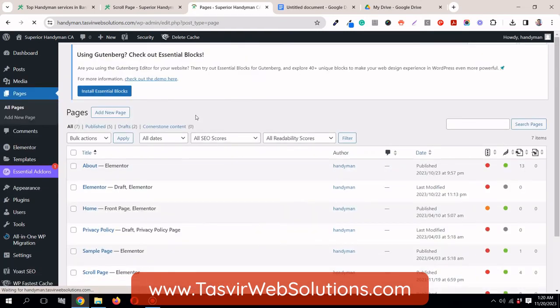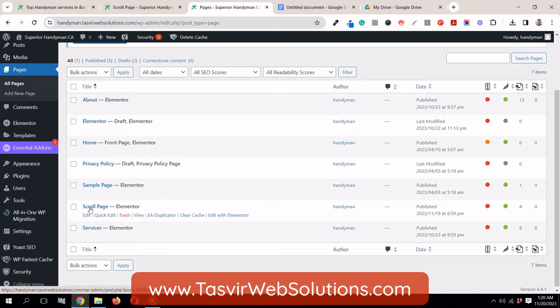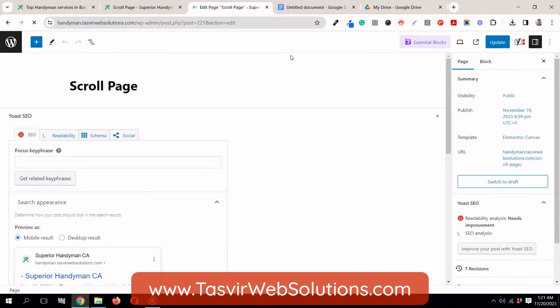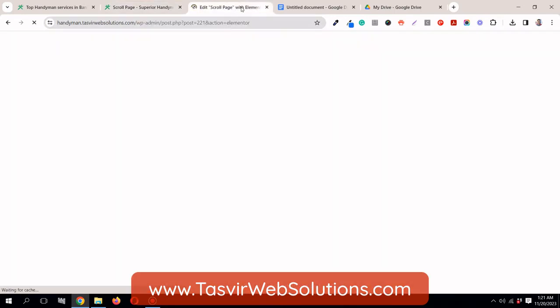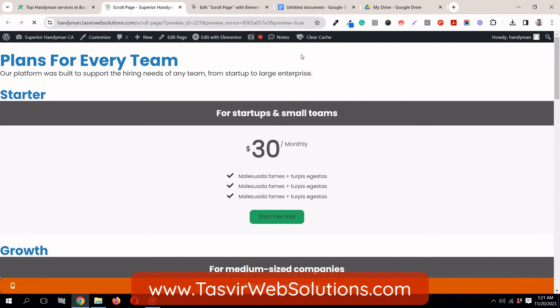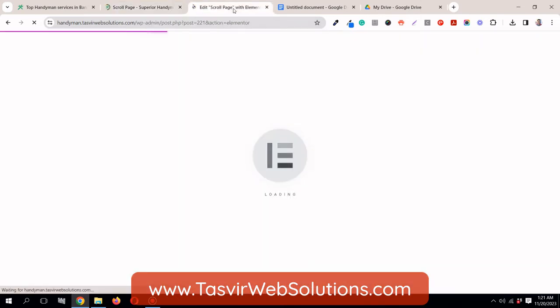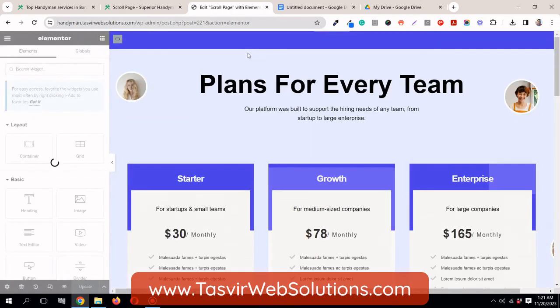Then go to pages, and this is the page we are working on, scroll page. We can simply edit with Elementor, or we can just go inside the page just to simplify. Okay, now click edit with Elementor. Okay, it's loading. Let it fully load. Okay, now what you're going to do, we are going to